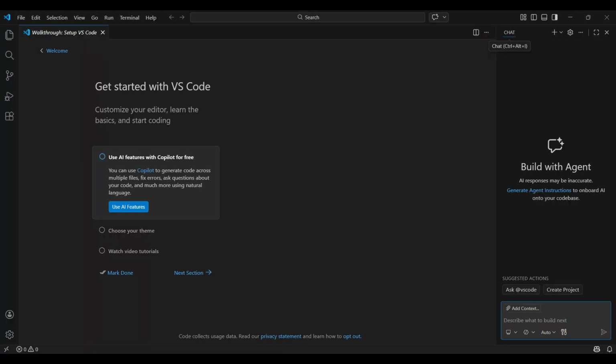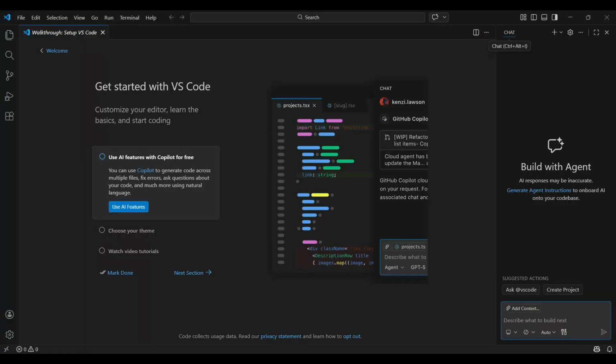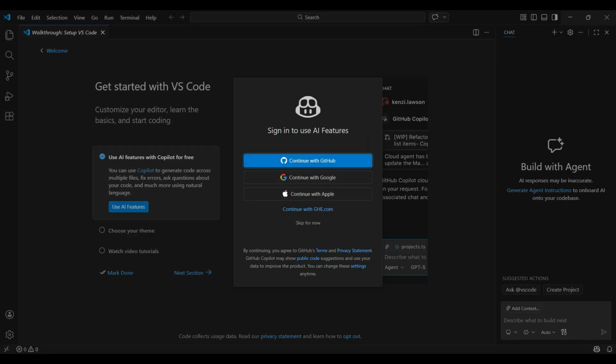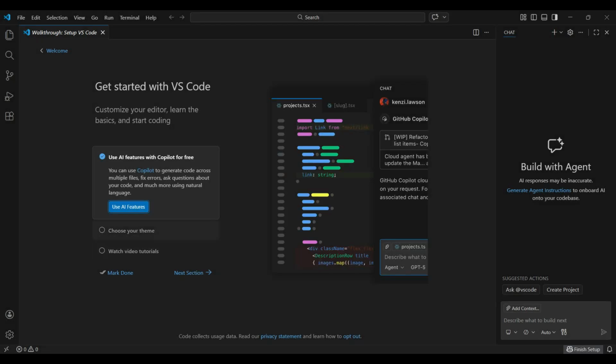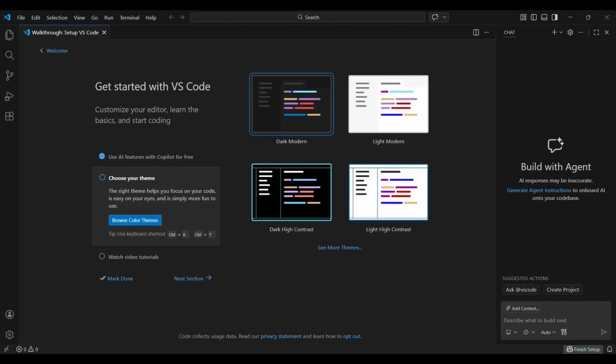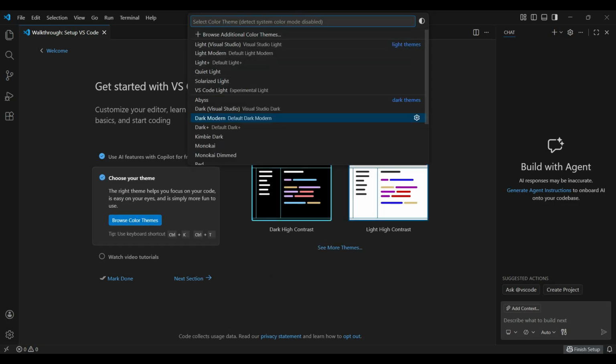So this is the AI powered VS Code editor. I configure a few steps, use AI feature, and it asks me to connect GitHub or Google or Apple. I skip for now and choose theme. From theme I chose dark modern,